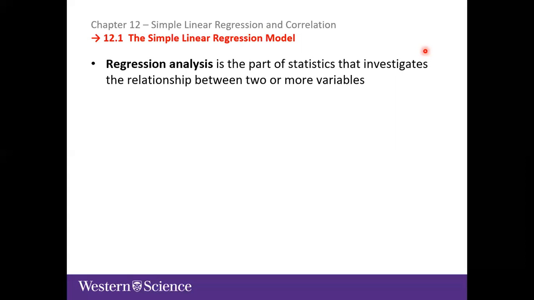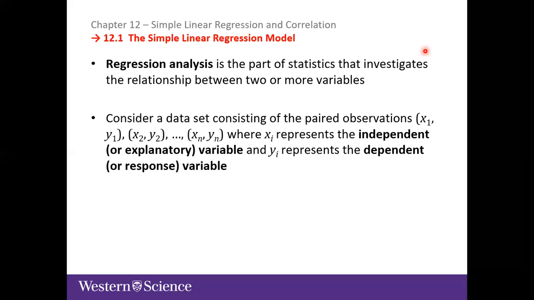Regression analysis is the part of statistics that investigates the relationship between two or more variables. But in this case, we're going to look at simple linear regression, so we're going to focus on the two variable case. The relation between the two variables would be linear, which means that Y is equal to A plus B times X. In this context, the X is usually said, as a statistical term, to be the independent